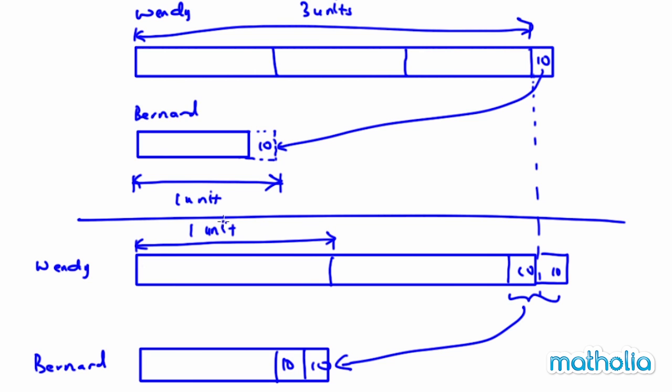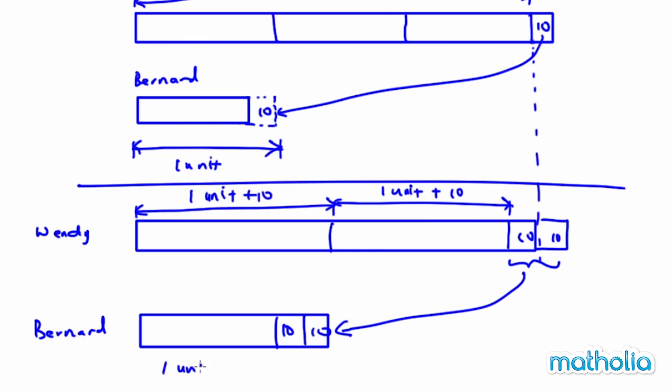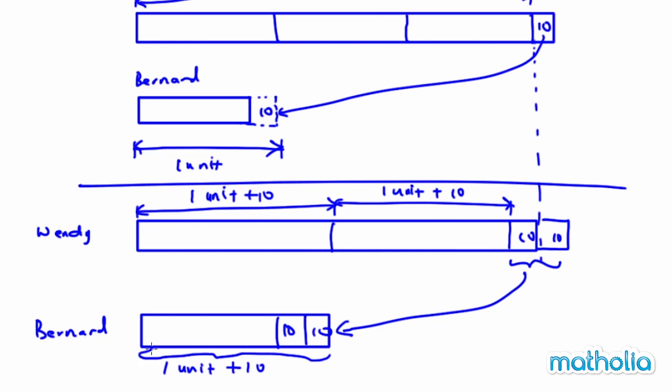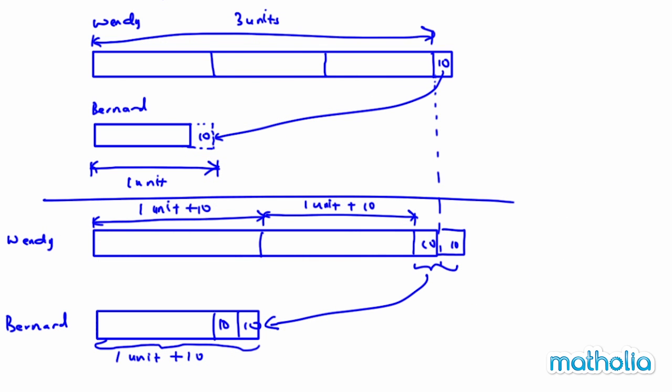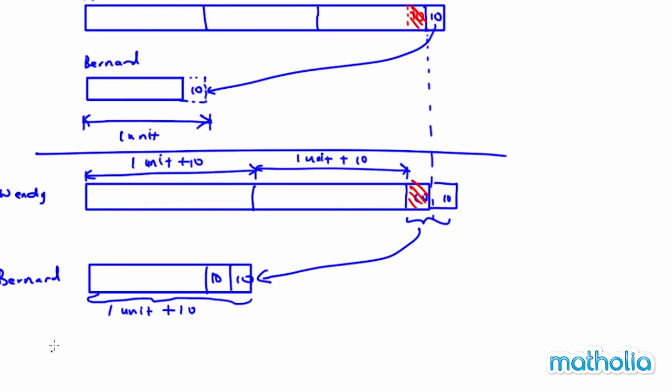1 unit plus 10. This is also known as my 1 unit plus 10. And this is also known as my 1 unit plus 10. The whole thing here, 1 unit plus 10. Right? Now, you can see by comparing the first model with the third model, this whole thing here is known as, I use another color, you see carefully, 3 units, but there's an extra 10 here. Can you see that? So we must say 3 units